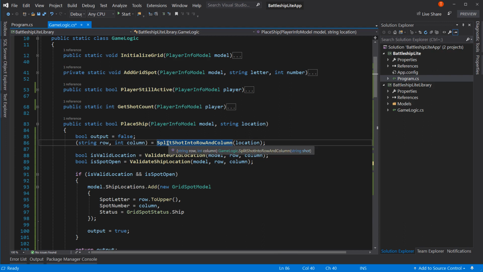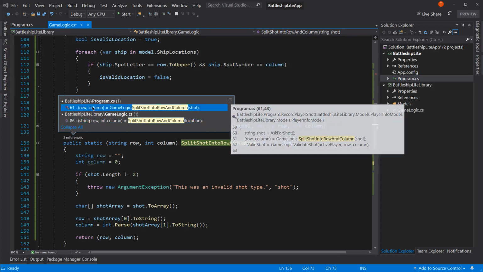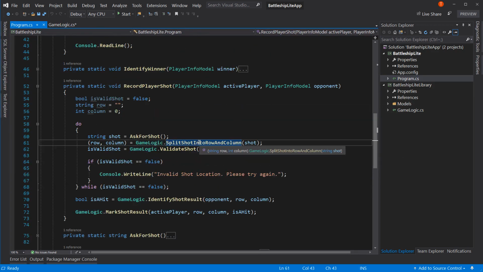So I have it right here, but that doesn't really help me because I still can't wrap this in a try catch because I can't talk to the user. So I'm going to remember this, but that's not where I want to go. So come back down here and go to my program.cs. Here I can talk to